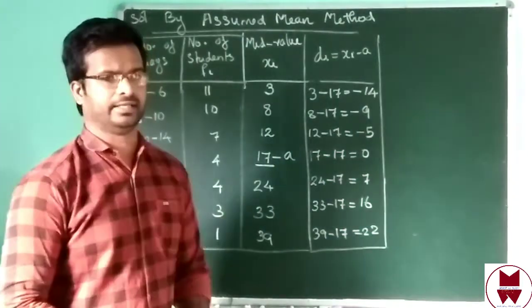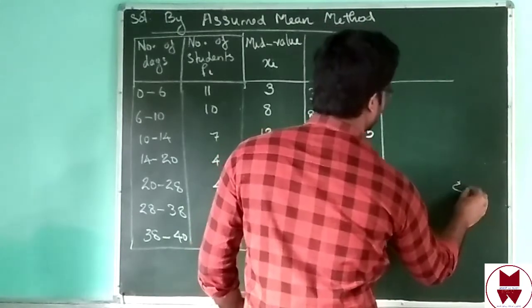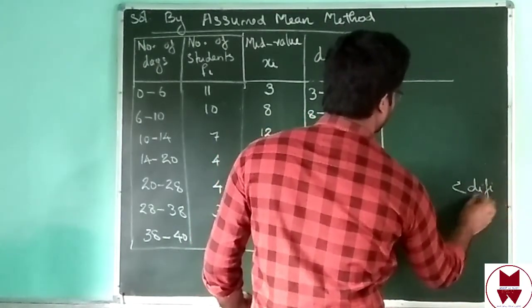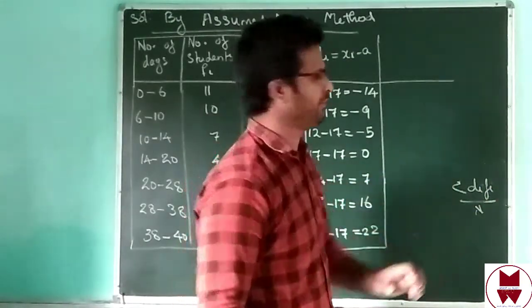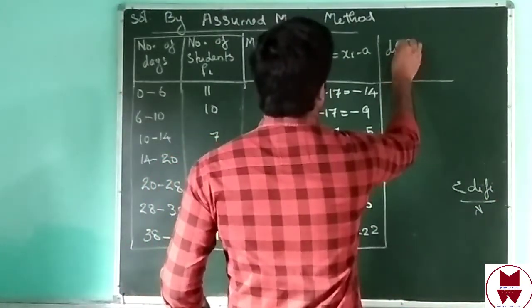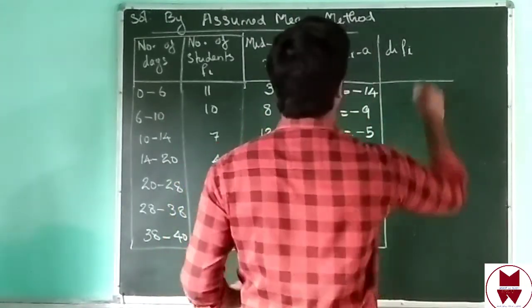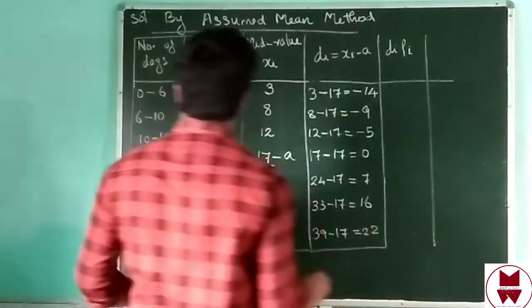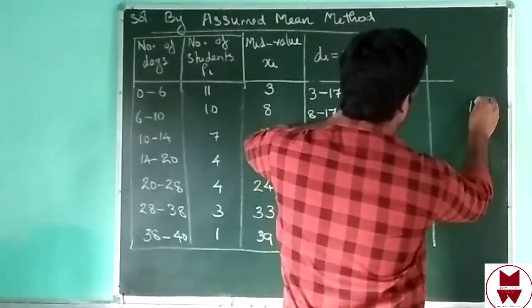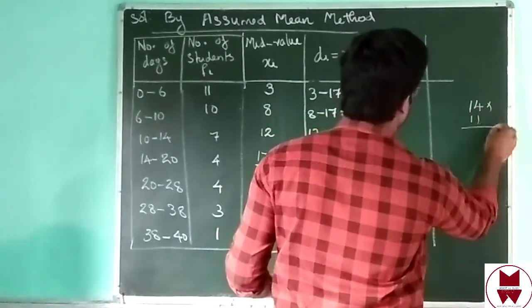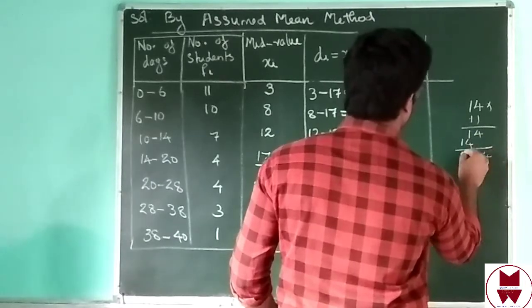Now we got di. The next column: in the formula, check it, this part is there, di into fi divided by n, isn't it? We have to find out di into fi. That is the next column. Multiply 11 into 14. 14 into 11, just do it. 14 and also 14, we'll get